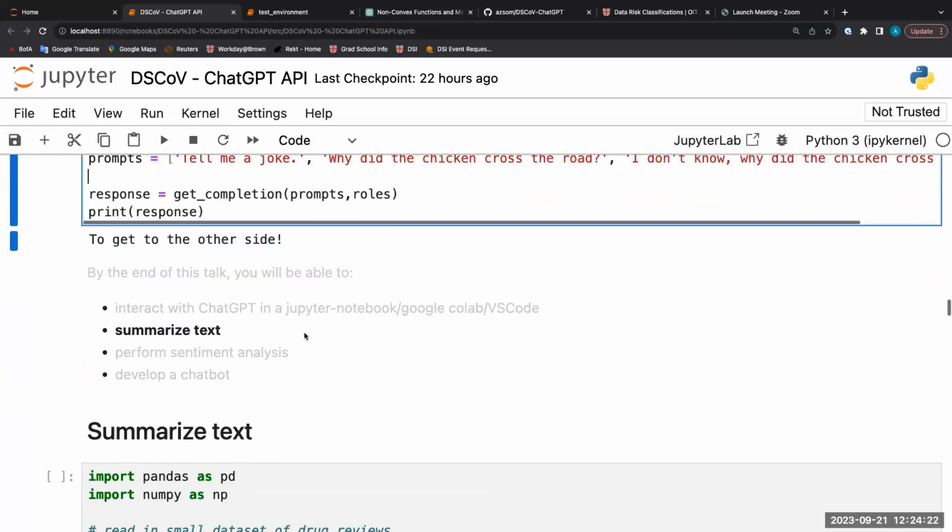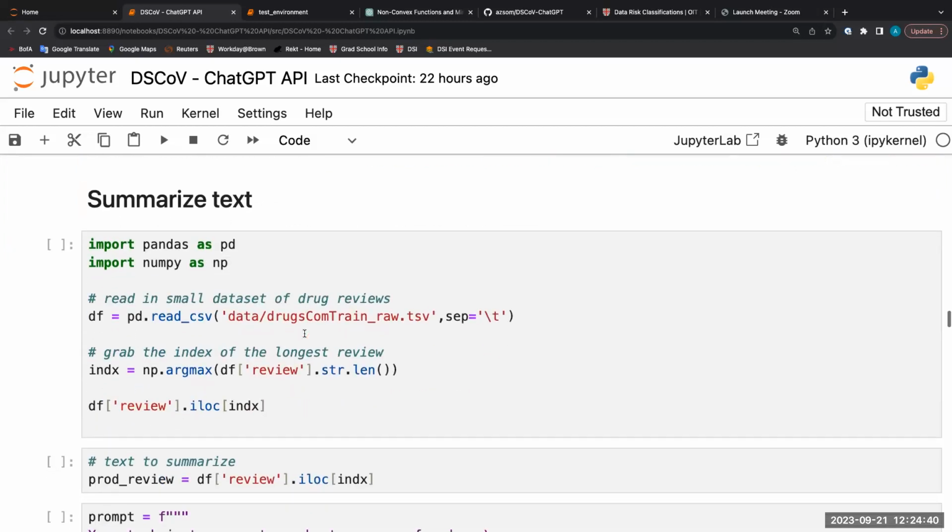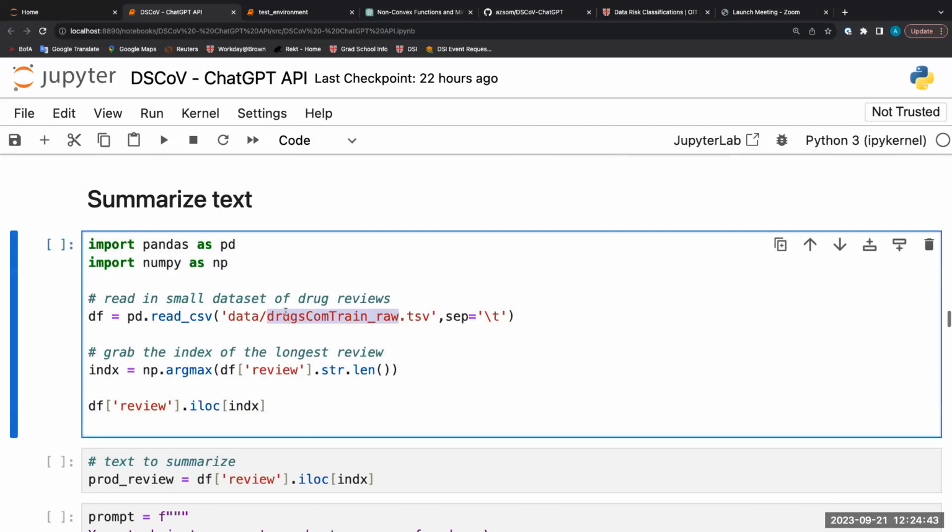Okay. So let me see how we are doing on time. I think I will skip the text summarization because sentiment analysis is a bit more interesting, and I definitely want to get to the chatbot part. But the basic idea is I'm using a data set where patients submitted feedback on certain medications. They have some sort of disease, and they describe what that is. They might also describe what kind of medications they tried in the past, what worked, what didn't work. And then they describe their experience with the current medication they are taking.